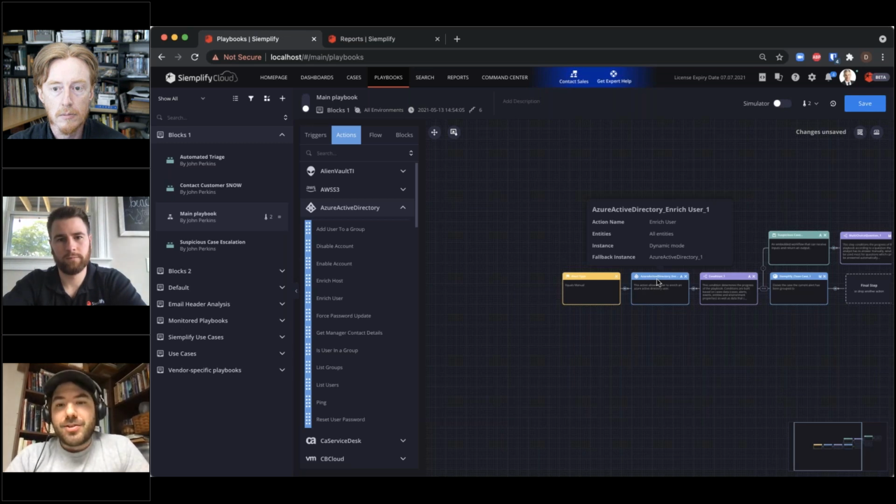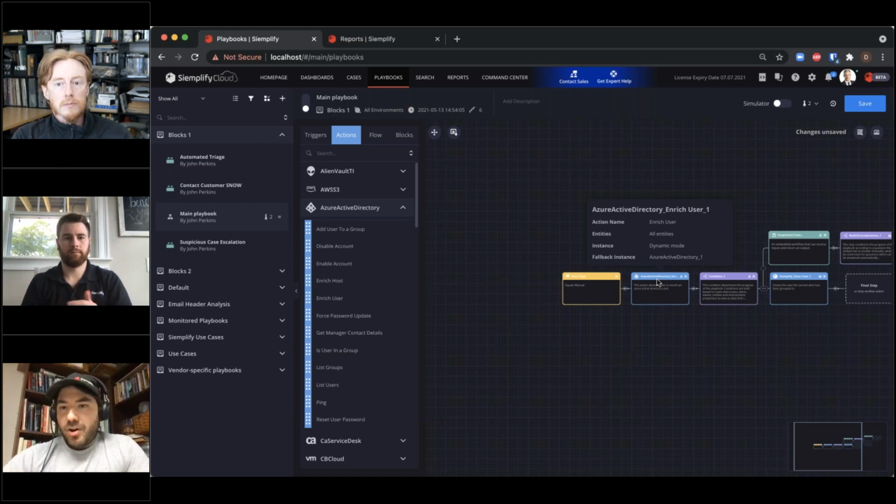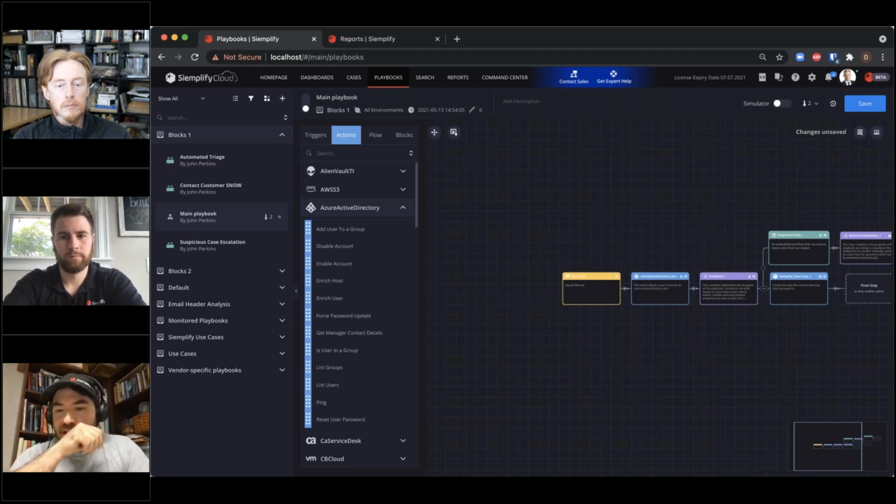I have, and manipulate the data and how I want it to actually work, and see it run in a simulated fashion, all while saving versions of it if I need to, grabbing an image of it if I need to put it into a process, whatever I need to do as far as the playbook is concerned. I can start to build that out within our playbook designer, and we make that very easy and flexible to use.